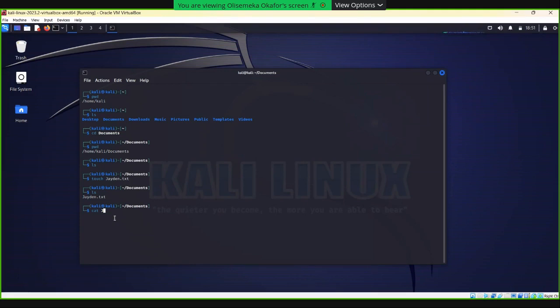This is useful for long names. Instead of typing all the characters of that file name, you could just press the first letter if it's unique and then press tab. So did you see that? I just pressed tab and then the file came up.